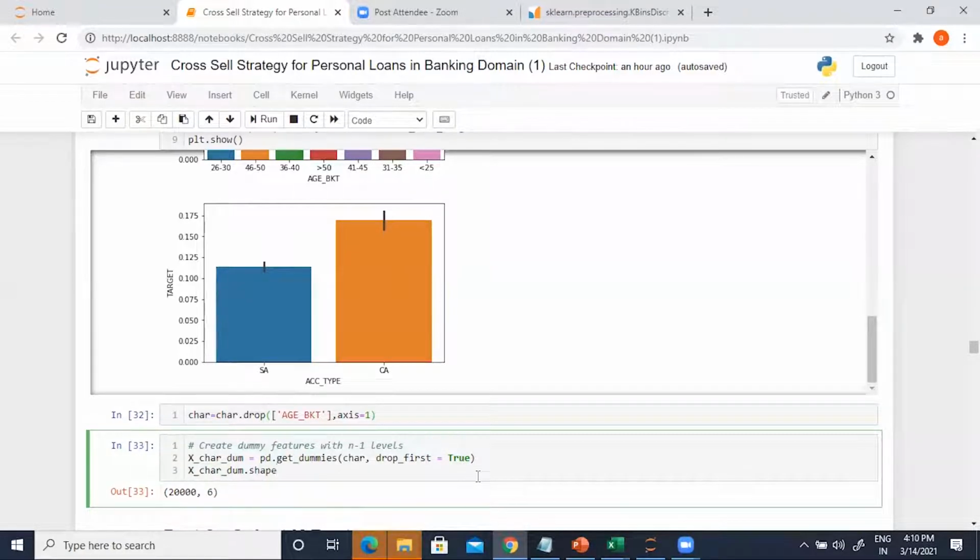If you have 4 levels and you create 4 dummies, then the 4th level is a 100% correlated version of the other levels, because when 3 conditions are not satisfied, it automatically means it will go to the 4th condition. So the 4th variable does not need to get created explicitly. So we say drop first equal to true so that we create dummy features with n-1 levels.